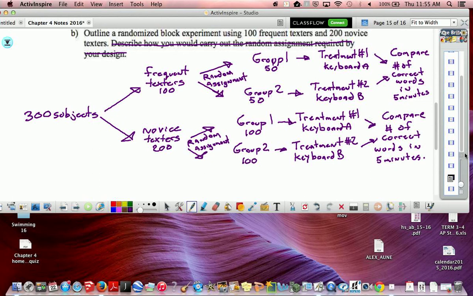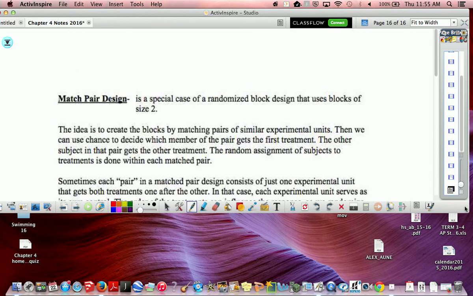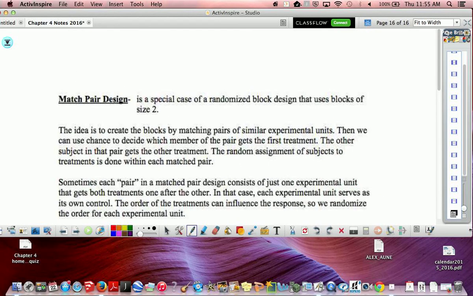Anyone still making sure they're getting the notes? All right, let's go to match pair. Last one. Yay! I know you're excited. All right, a match pair design